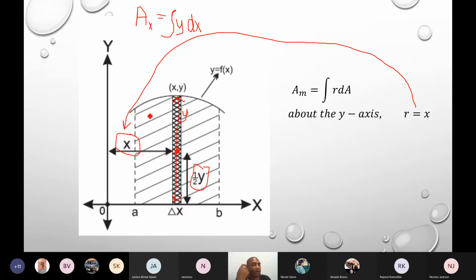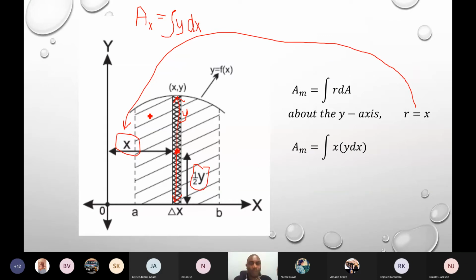So my r will be x. Because we're talking about the distance from the y-axis. R is the distance from the axis that you're talking about. So if you're dealing with the y-axis here, my r will be x. So what does it mean? It actually means my area moment is going to be x times